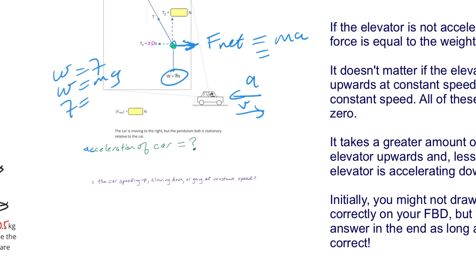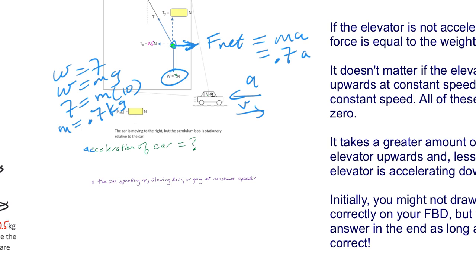So 7 equals the mass times 10. Don't put weight for mass. Mass equals 7 divided by 10, or 0.7 kilograms. So we got the net force equals 0.7 times the acceleration,